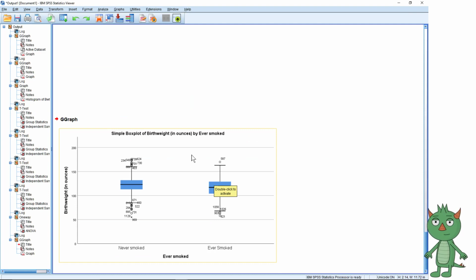Now, I think we'll look at formatting the graphs in a separate video. This graph is not ready to cut and paste into a report, but we'll do that separately. What we're interested in at the moment is, are there any significant outliers? In this case, we do have a lot of outliers, but they're actually what I would call fairly balanced,